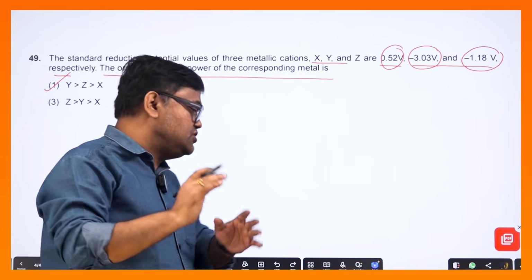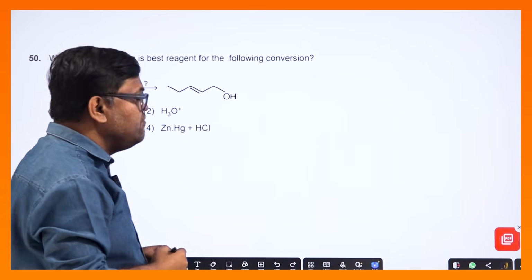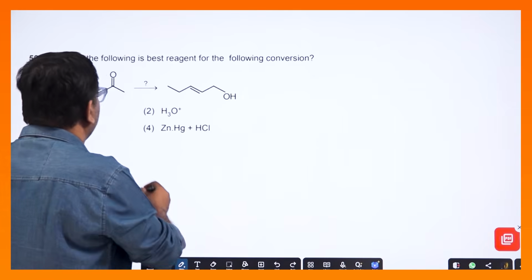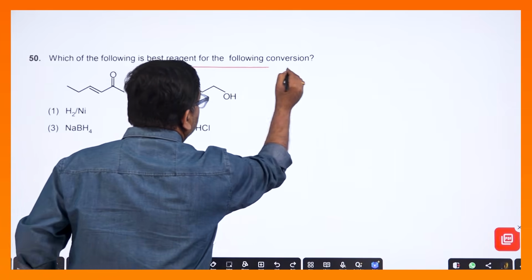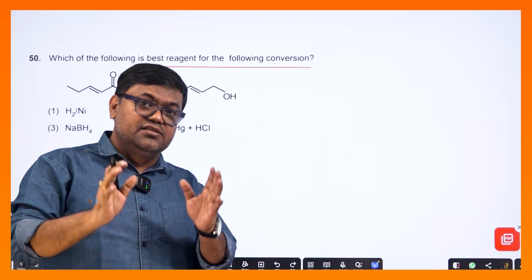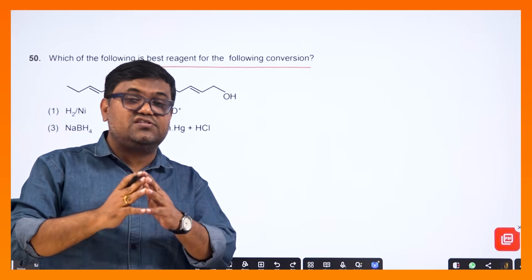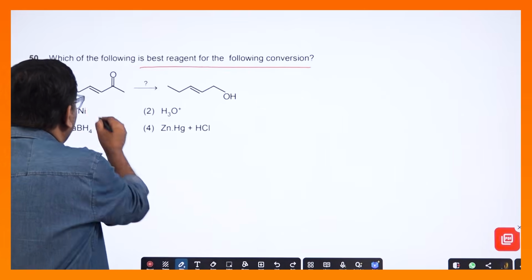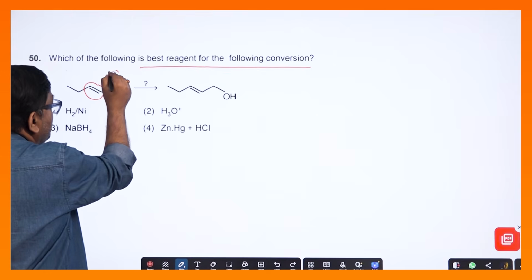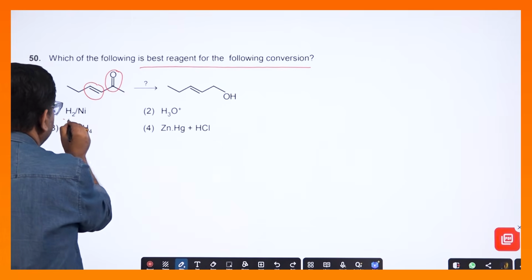এটা অক্সিডাইজিং পাওয়ার বললে ঠিক উল্টো হতো, রিডিউসিং বলেছে মানে যত রিডাকশন পোটেনশিয়াল কম, তার রিডিউসিং পাওয়ার তত বেশি। তাহলে নেক্সট কোশ্চেনে, কোশ্চেন নাম্বার 5 দেখো, এখানে একটা কম্পাউন্ড দিয়েছে, হুইচ অফ দ্য ফলোইং বেস রিএজেন্ট প্রোডিউস কনভার্সন, একদম এই ধরনের কোশ্চেন কিন্তু পরীক্ষায় আসার সম্ভাবনা খুব বেশি। লিথিয়াম অ্যালুমিনিয়াম হাইড্রাইড এবং NaBH4 দিয়ে রিডাকশন, B2H6 দিয়ে রিডাকশন, ভেরি ইম্পর্টেন্ট। তাহলে এখানে দেখো ডবল বন্ডটা ইনট্যাক্ট রয়ে গেছে, কিন্তু কিটো গ্রুপটা রিডিউস হয়ে অ্যালকোহল হয়ে গেছে।